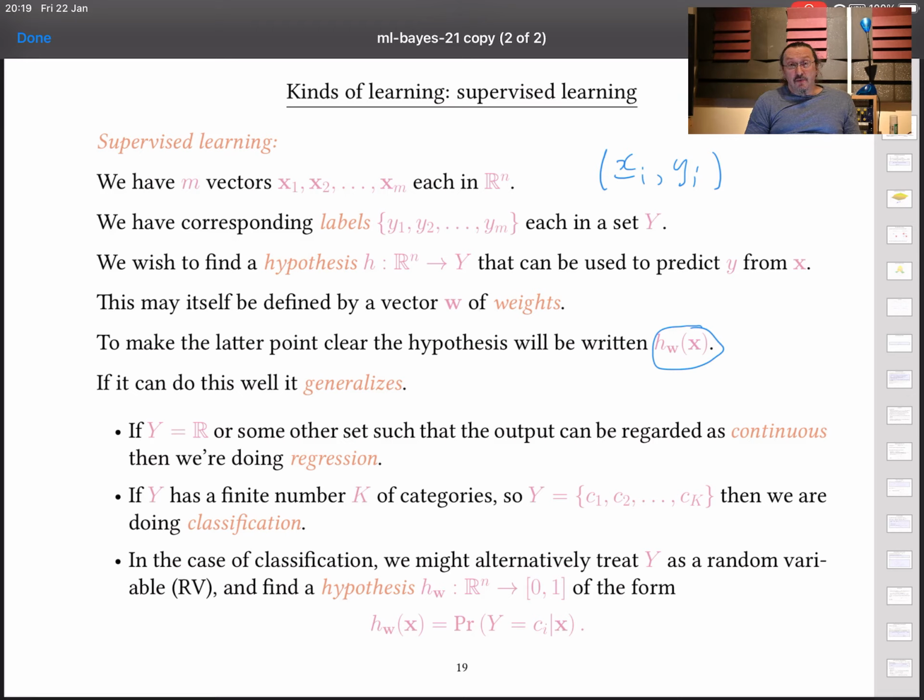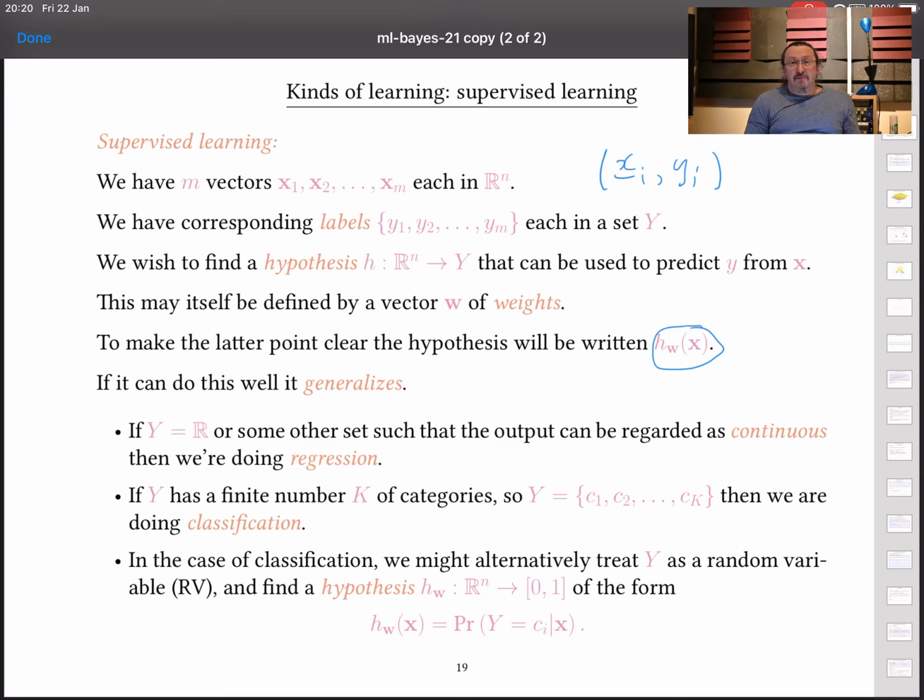Second possibility is that y could be one of k possible values, denoting k possible categories. We might want to say that the oil pressure is low, low to medium, medium, medium to high, high or critical. Or in a lot of what we're going to do, in order to keep it notationally straightforward, is just have two categories. We're going to look at two-class classification problems. But we're also going to look in quite a lot of detail at the final possibility here, which is, in a sense, somewhere between the two.